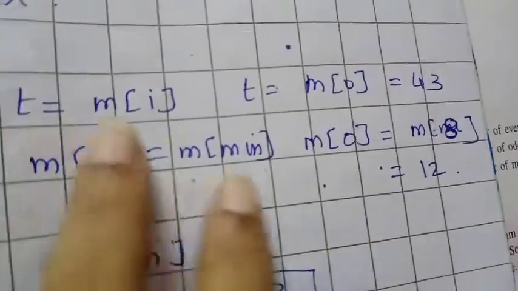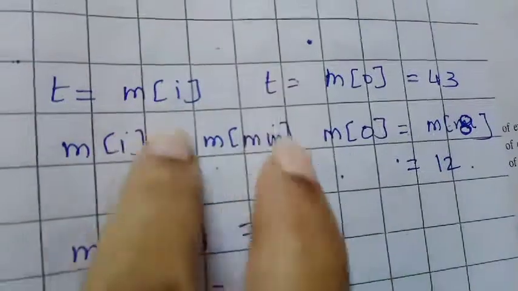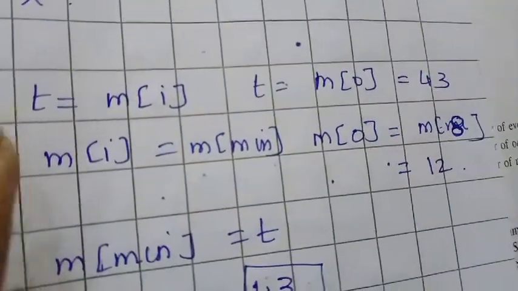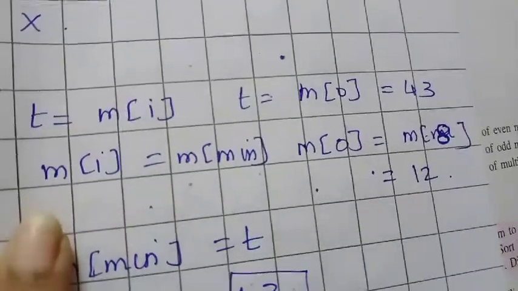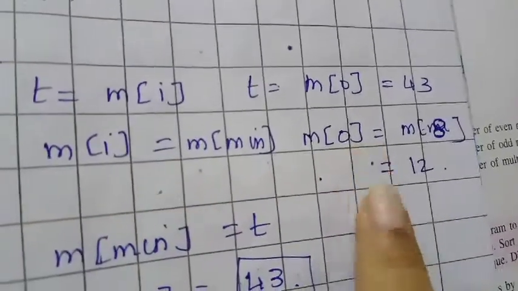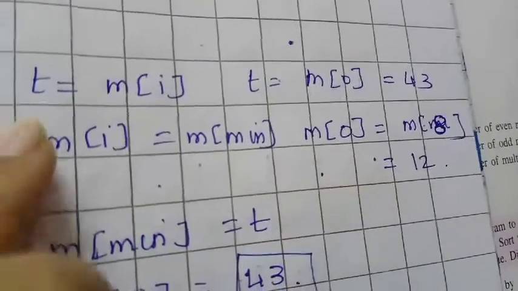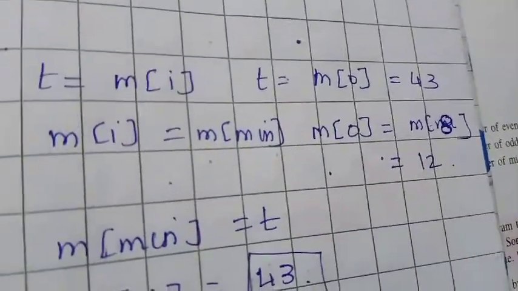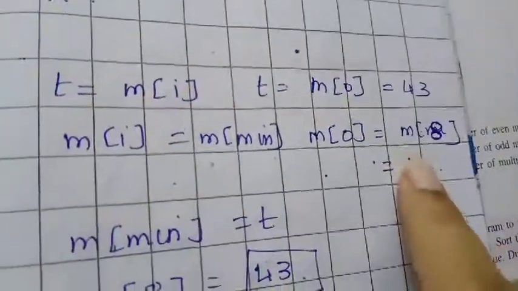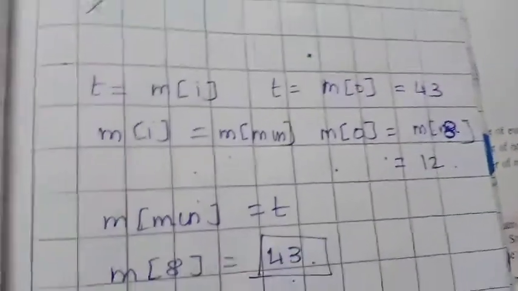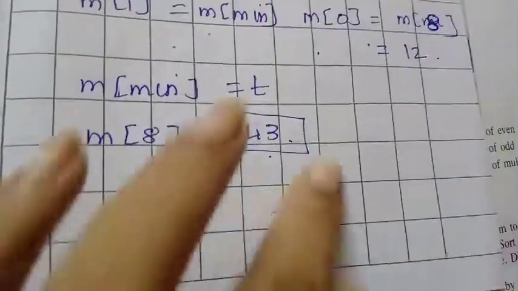You will lose it. So first what we are doing is, we are going to save this in a temporary variable, then we are going to assign the minimum to the 0th position, and then we are again transferring this number to the 8th position. One element will be there, no, that element will be gone to the 8th position. So that is called the swapping of numbers. Then again it will be going to the I loop.